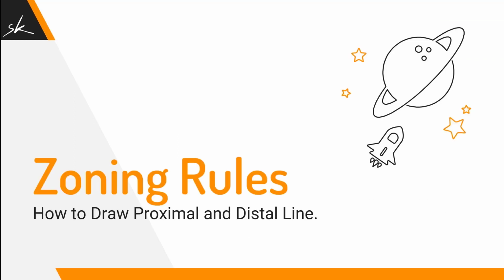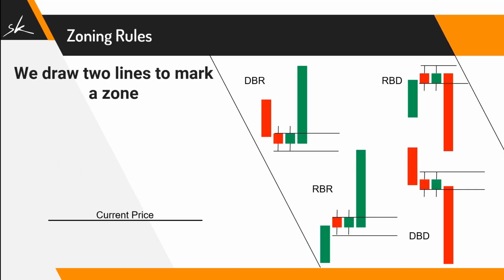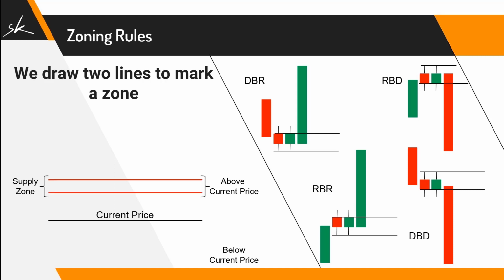Zoning rules. How to draw zones. We draw two lines to mark a zone. As a seller, we will always love to sell at an expensive price, which means above current market price. Similarly, as a buyer, we will always love to buy at a cheaper price, which means below current market price. Therefore, a supply zone will always be above the current market price and a demand zone will always be below